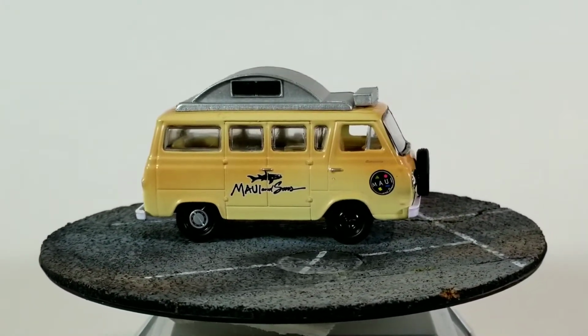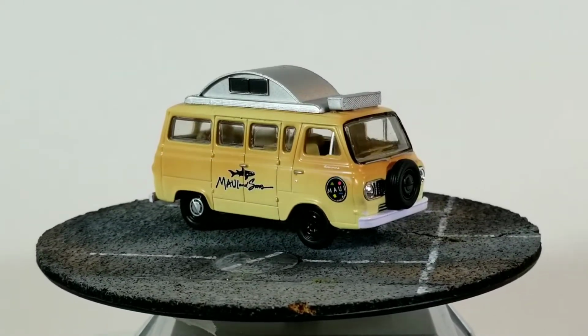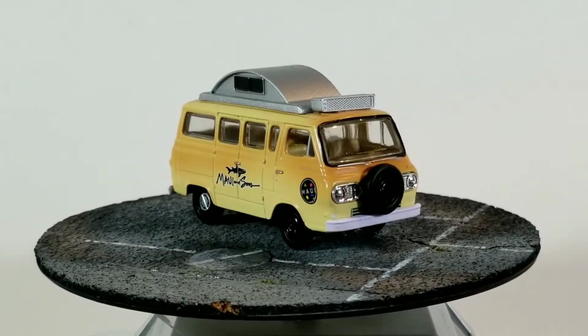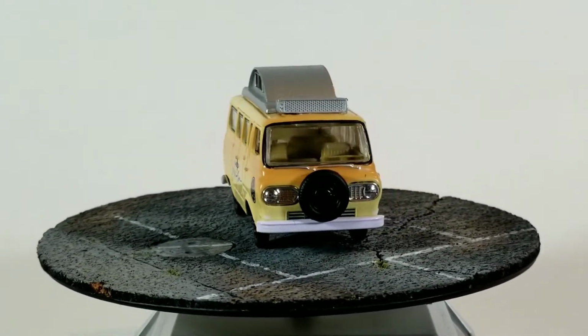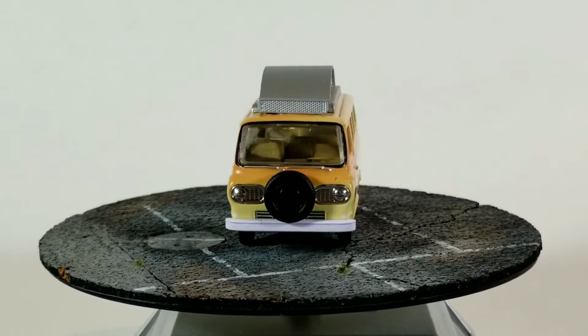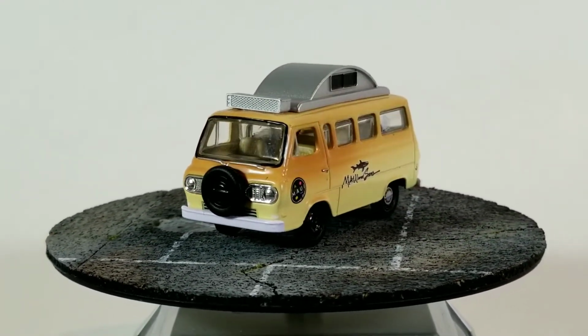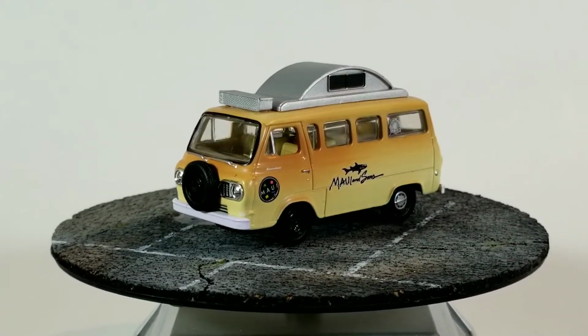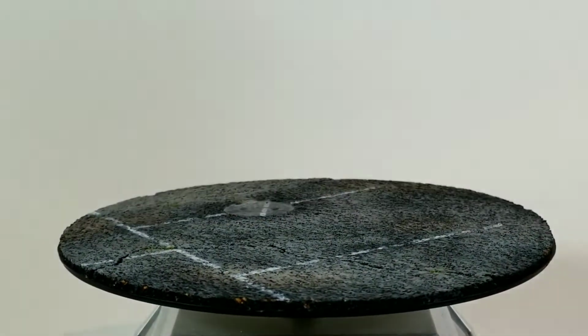Maybe it's supposed to be kind of like a low buck camper van. So it's supposed to look kind of mismatched, more run down, well used. So let me know if you guys picked up this one and yours was different than mine. Let me know. So there's those 3, and then we got the